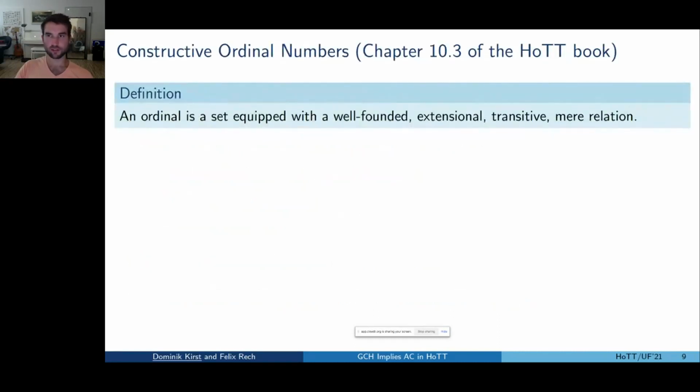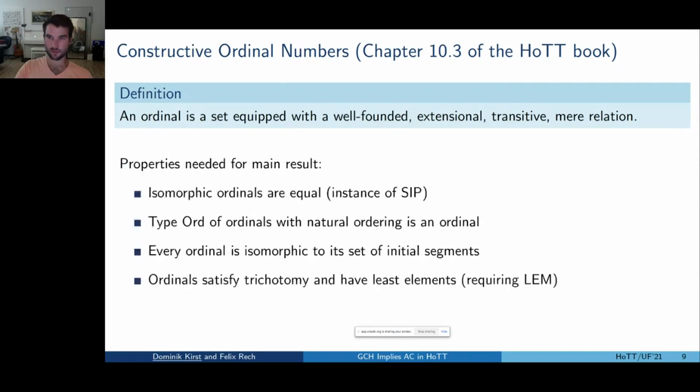And we can now have a quick glance just at the constructions involved. So the first part is ordinal theory. And here's nothing really new. So we just follow closely the HoTT book in their constructive definition of ordinals as sets equipped with well-founded extensional transitive mere relations. And then we need a bunch of the standard results about ordinals. So for instance, as an instance of the structure identity principle, that isomorphic ordinals are equal, and several other constructive